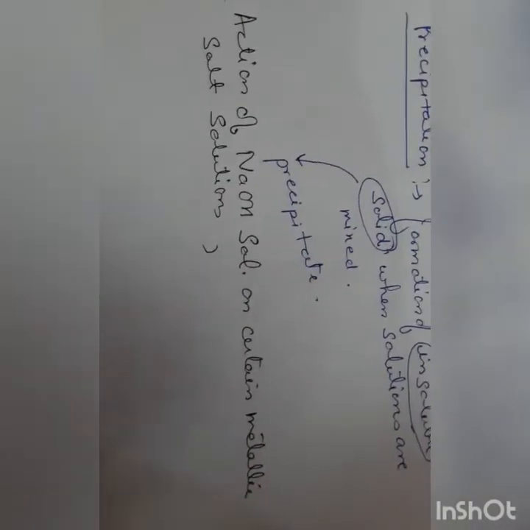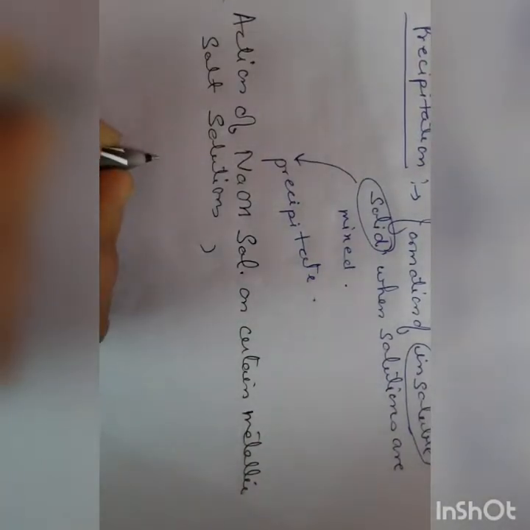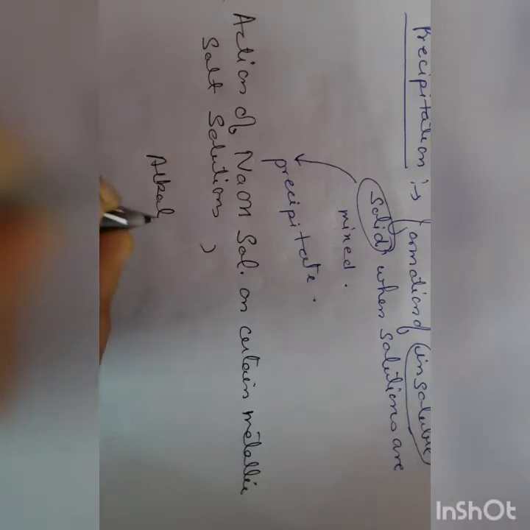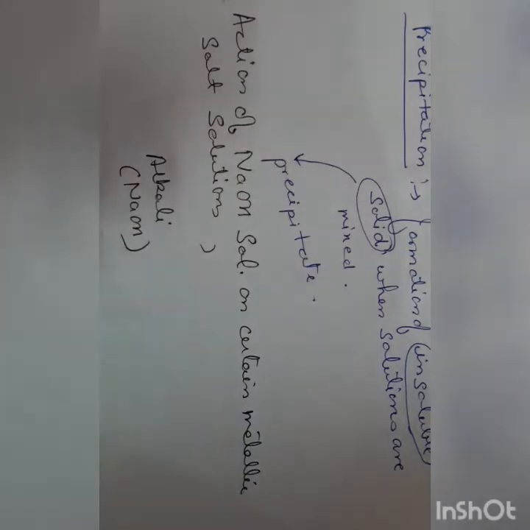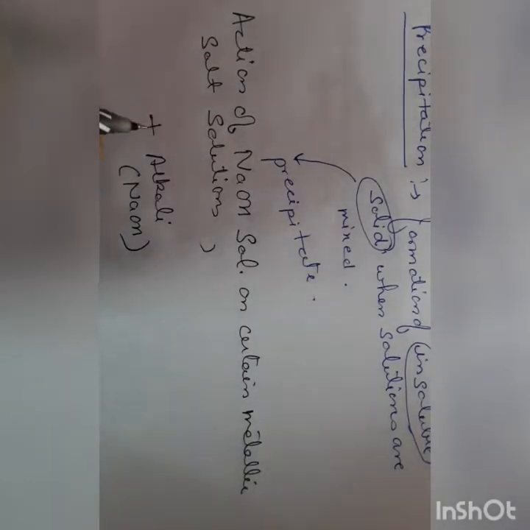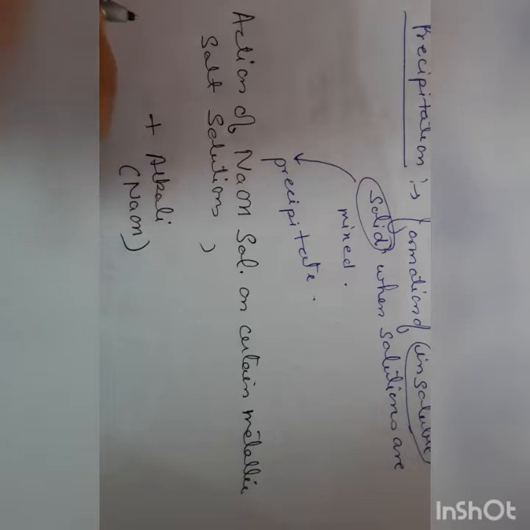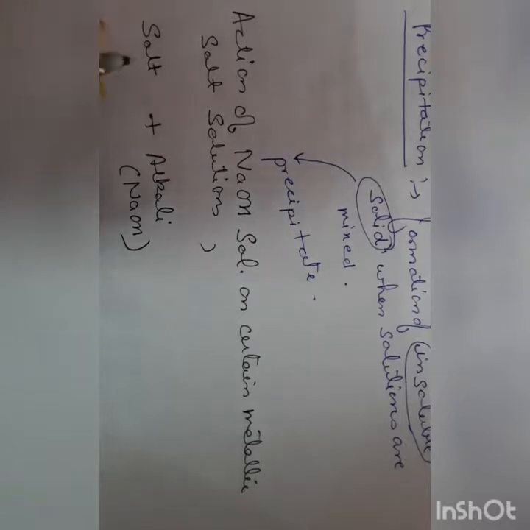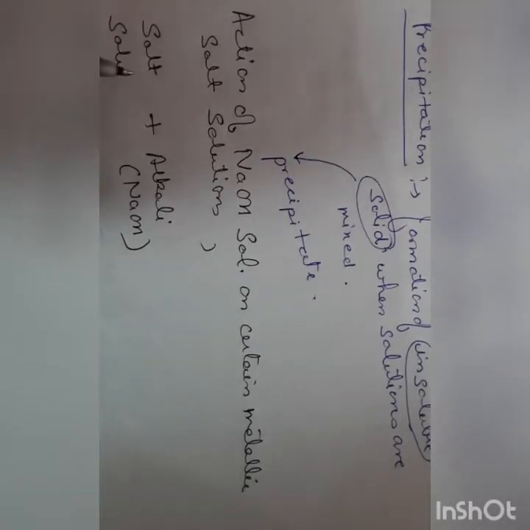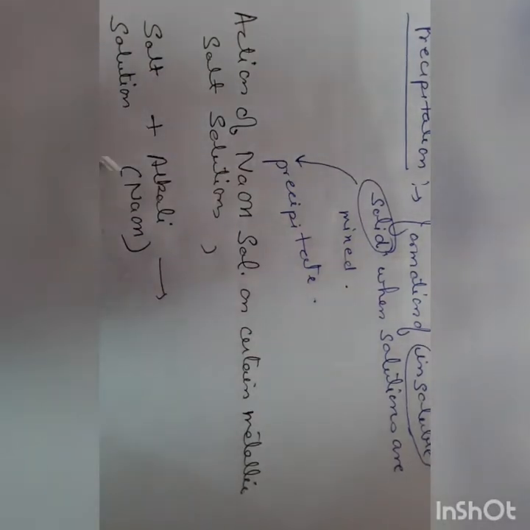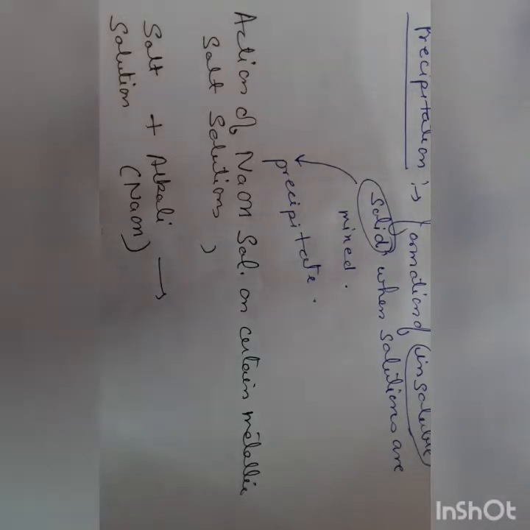Understood? तो हम यहाँ पे क्या करेंगे? हम यहाँ पे एल्कली, कौन सा एल्कली लेंगे हम? NaOH, that is sodium hydroxide. It is added drop by drop to the solution of metallic salt solution. Okay, so here the sodium hydroxide is added drop by drop to the solution of metallic salt, and